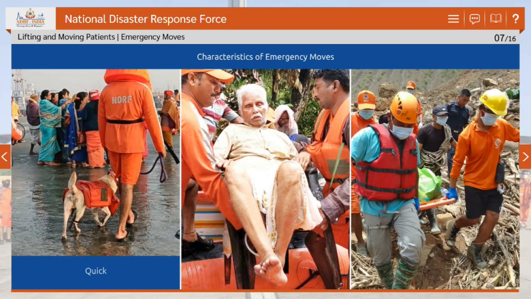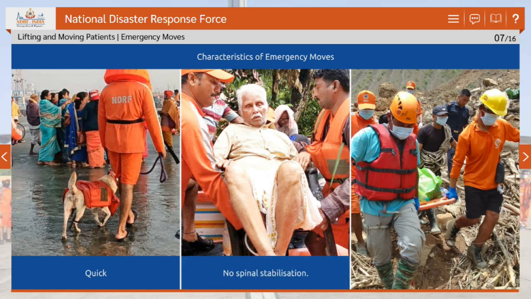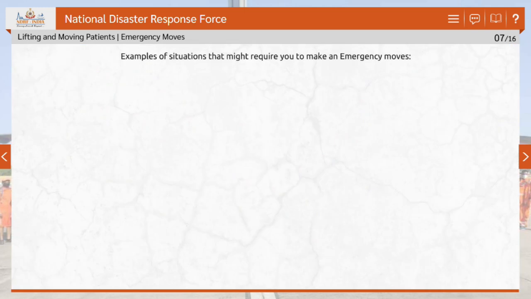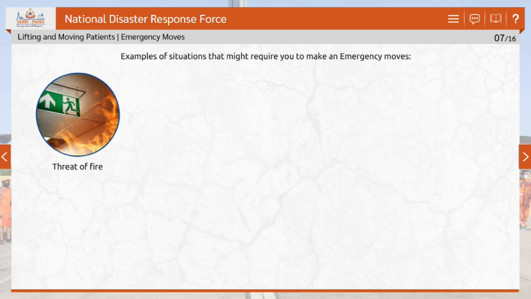Emergency moves are made quickly. There is no spinal stabilization. It is performed when the scene is not safe, and there is an immediate danger to both the patient and the rescuer. Some situations that might require emergency moves are fire or threat of fire, which is always considered a